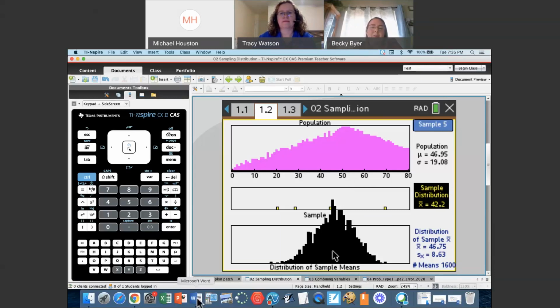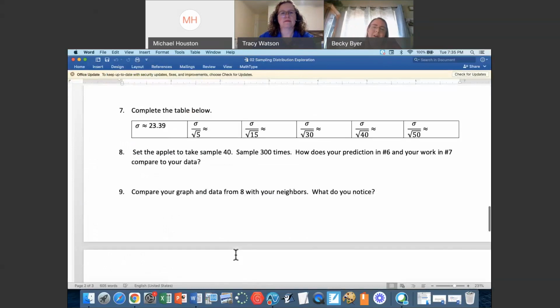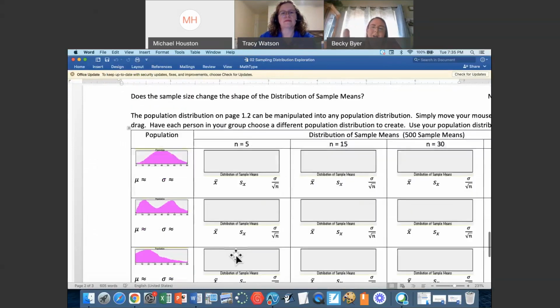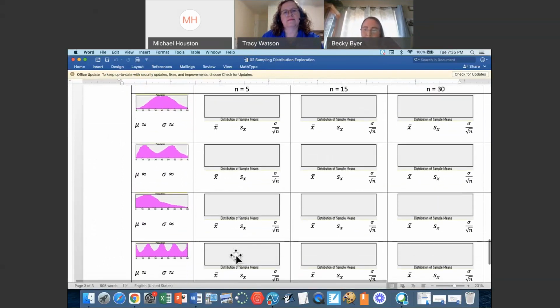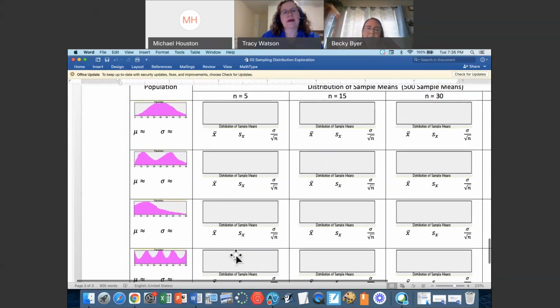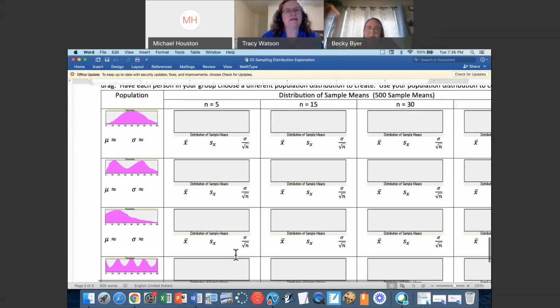And if you wanted to make it even more skewed than what I've got there, because you saw that Tracy could fill that in even more in the upper right-hand corner if she wanted to, the population wasn't badly skewed. We could really make it a badly skewed population, and you can illustrate with your kids how that sample size really needs to be over 30. And so Becky has the worksheet laid out really nicely to help with some of this guided exploration.